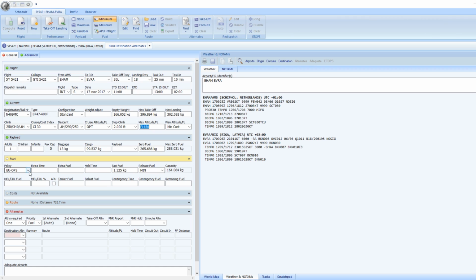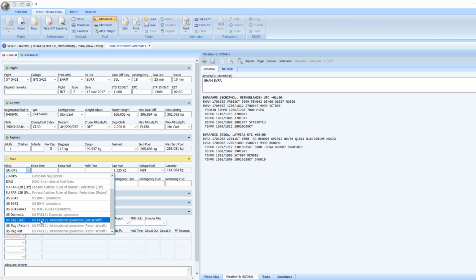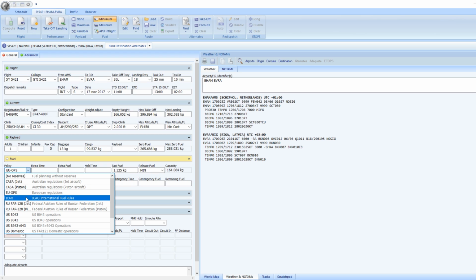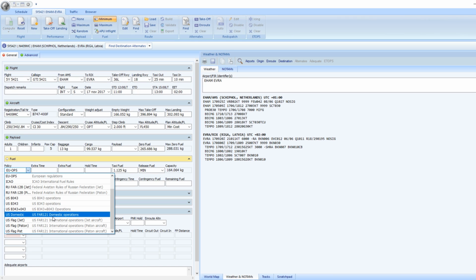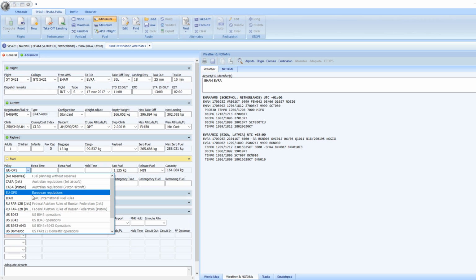Then the fuel. Now you have to select a fuel policy here in PFPX, and basically this fuel policy tells you how much fuel you should carry with you, how much extra fuel you should carry with you. If you're flying in the European Union, for example, then you can just select this one. Otherwise, you can just pick the ICAO version. It depends a little bit on which region you fly into. I usually just select EU ops because I'm flying a European airline most of the time. In this case, probably I'm flying a US airline, but anyways, you can just pick